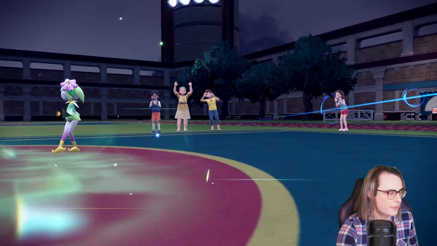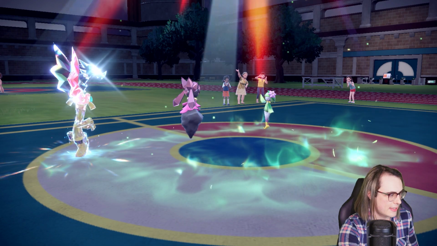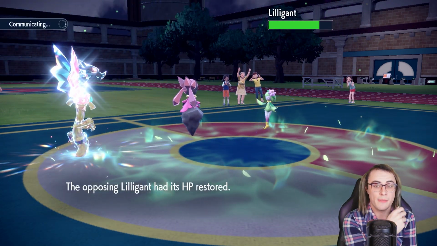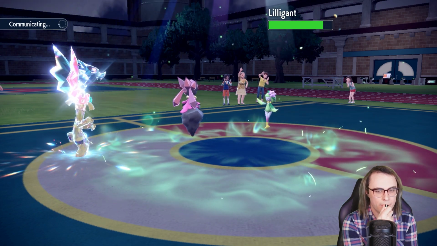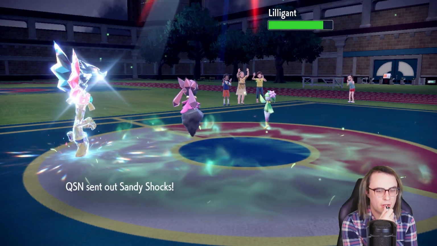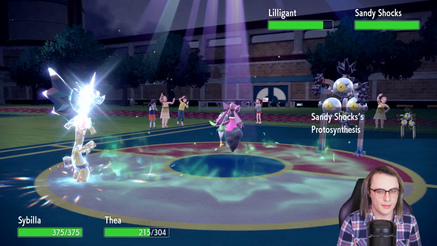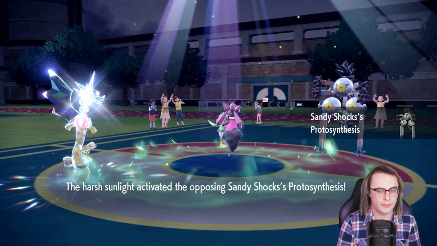Perfect. Grassy Glide. And we know that this is also a Game 2 back. They do still have Tera, which, I mean, it makes sense why they didn't proc it, in all honesty. I might try and bait them to proc it, though. Sandy Shock's okay, perfect. So, at this point, I think...